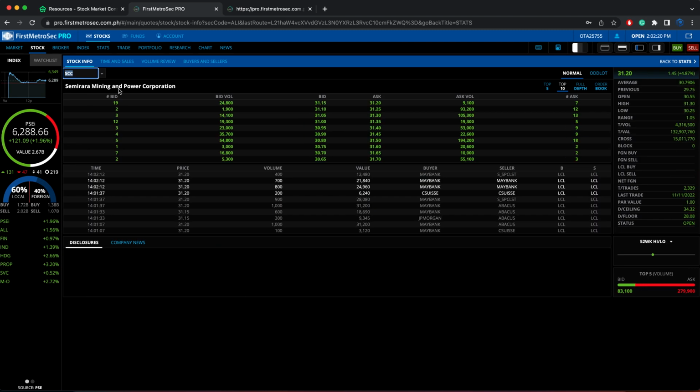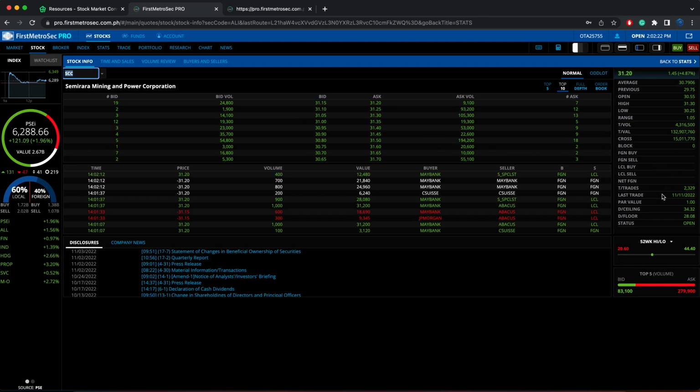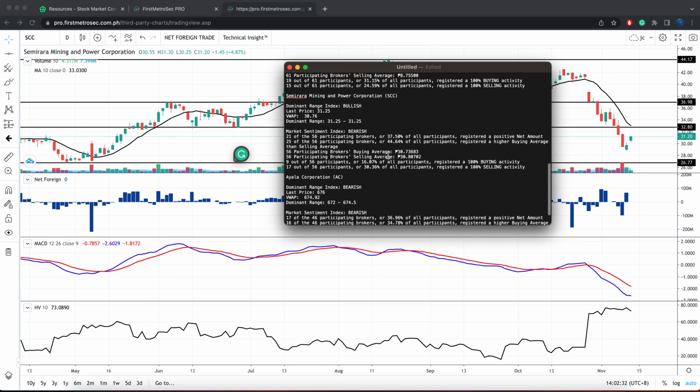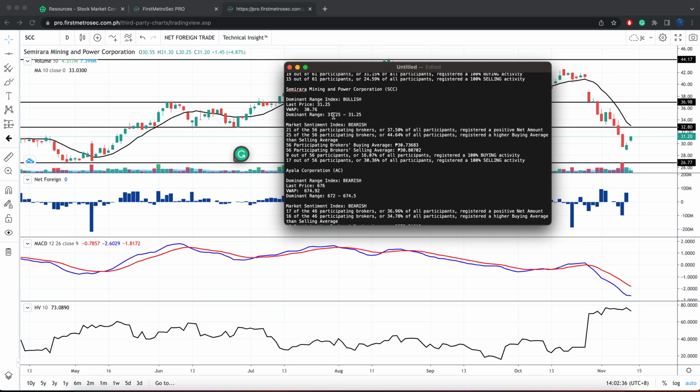Let me show you the net foreign status as of the time of checking. A net foreign is positive at almost 32 million pesos. For the VWAP, it's at 30.76. Okay, that's bullish. Even though the dominant range index is bullish, the market sentiment index